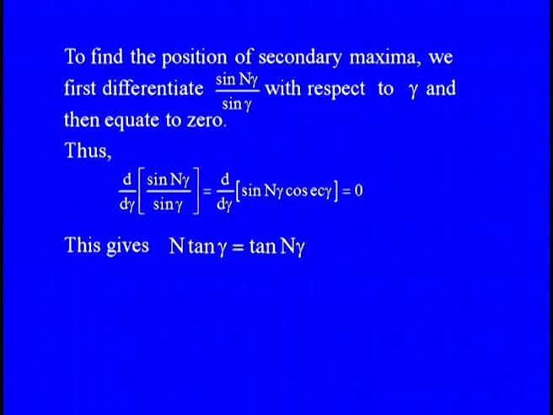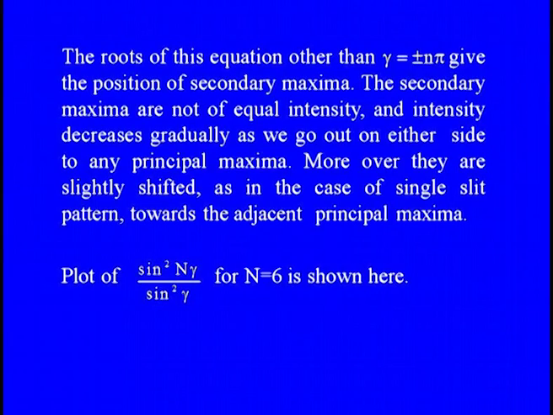To find the position of secondary maxima, we first differentiate sin N gamma upon sin gamma with respect to gamma and then equate it to 0. Thus, if you differentiate this sin N gamma by sin gamma with respect to gamma and equate it to 0, we will find capital N tan gamma is equal to tan capital N gamma. The roots of this equation, other than gamma equal to plus minus n pi,